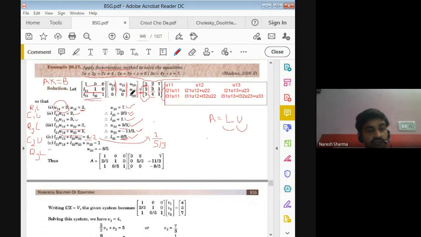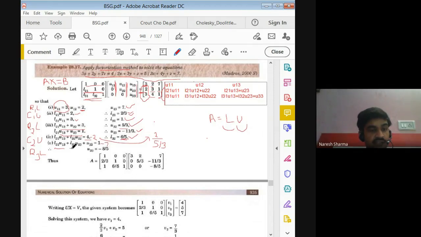So this third row with your third column only, if you multiply, we get this one. And compare this with your 1 only. So here we know the value of L31, U13. So L31 is your 1 and U13 is your 7. If you multiply, it is 7. So we just shift this to the right hand side, that is minus 7.